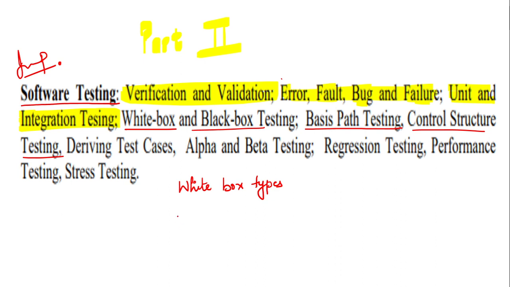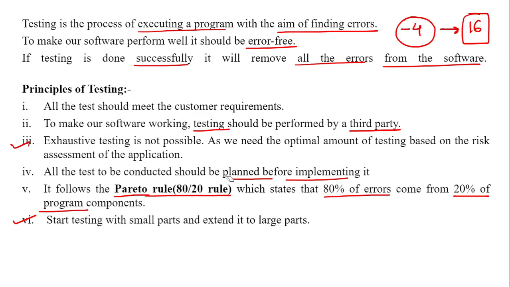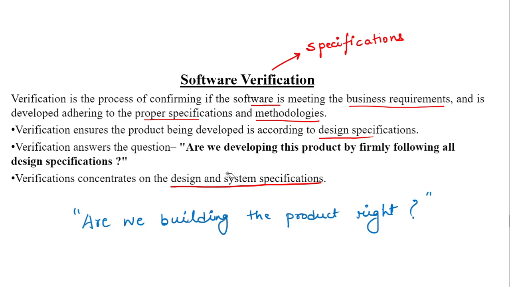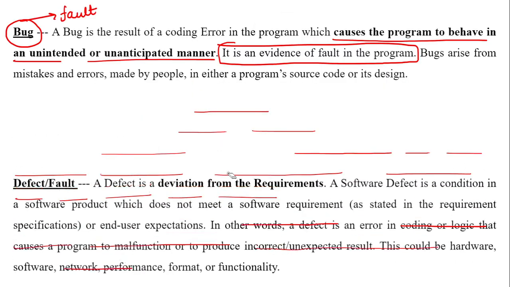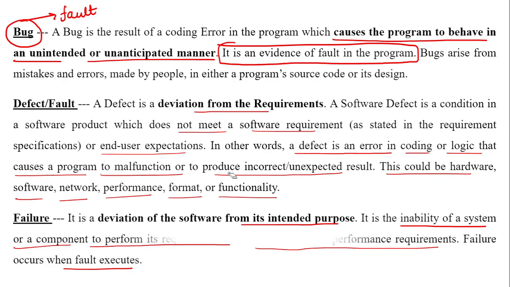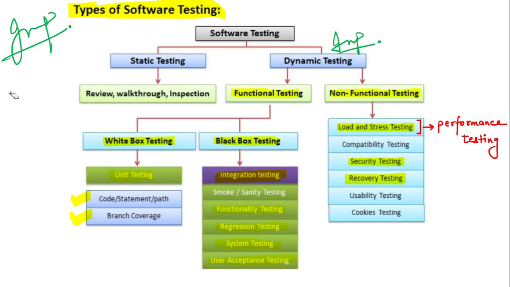either of black box or white box. So today we'll be focusing on types of these two testing, that is white box and black box. If you see, this is what we have done in the previous class. So again, I'm requesting everybody, if you have not watched the video, please do watch it. Part one is equally important, as you can get questions from anywhere. It was a very important software testing diagram that we have discussed.